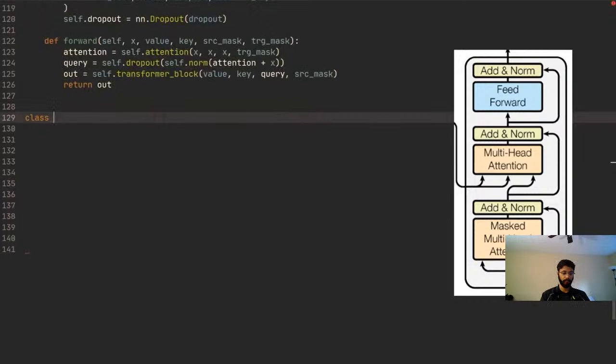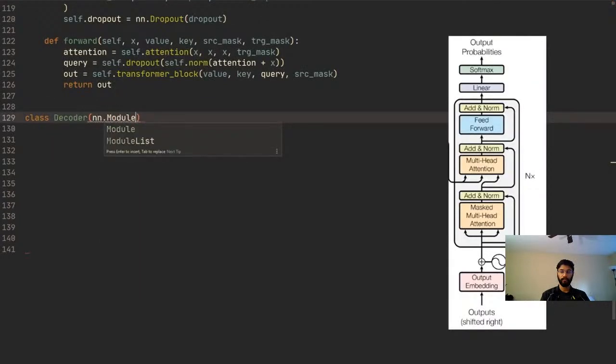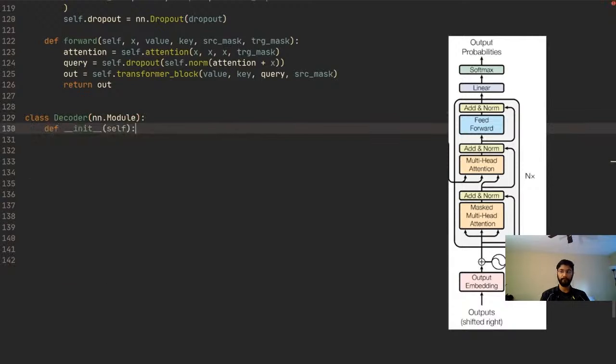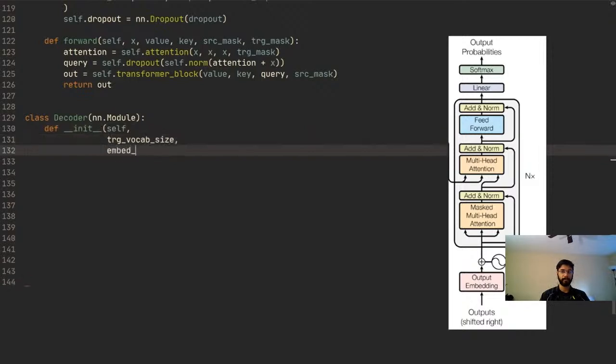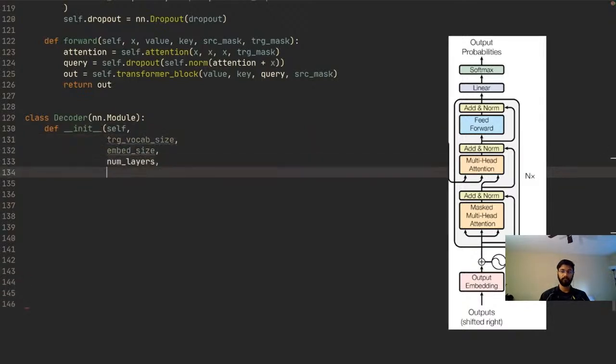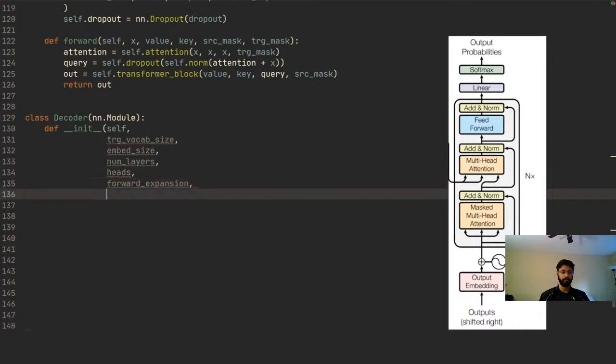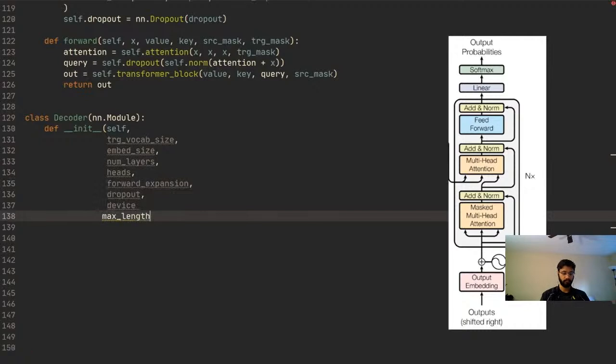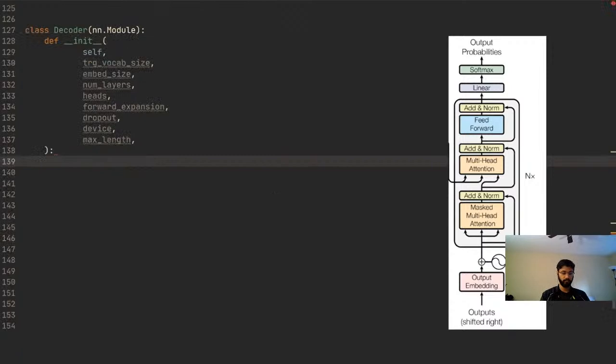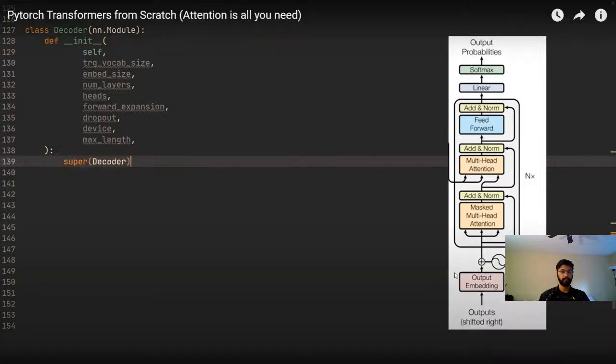So now we can do the class of the decoder. We're going to do class Decoder of nn.Module. We're going to define init with target vocab size, embed size, num layers, heads, forward expansion, dropout, device, and also max length. This looks a little bit weird. All right, so now we can start by writing super of Decoder and